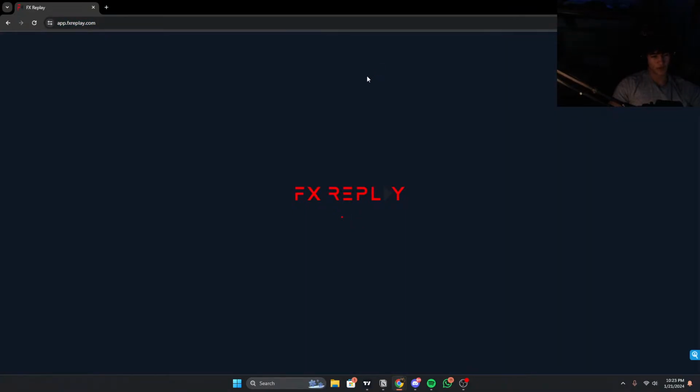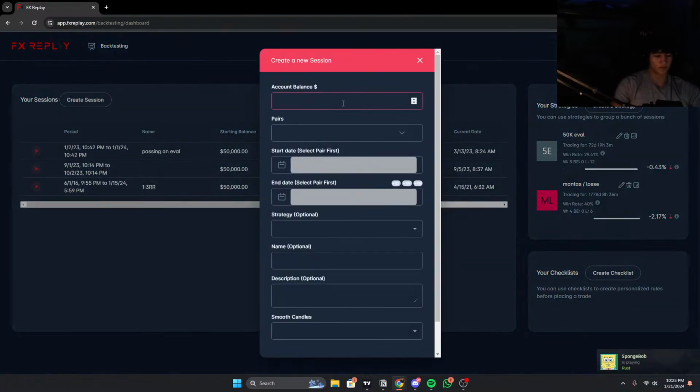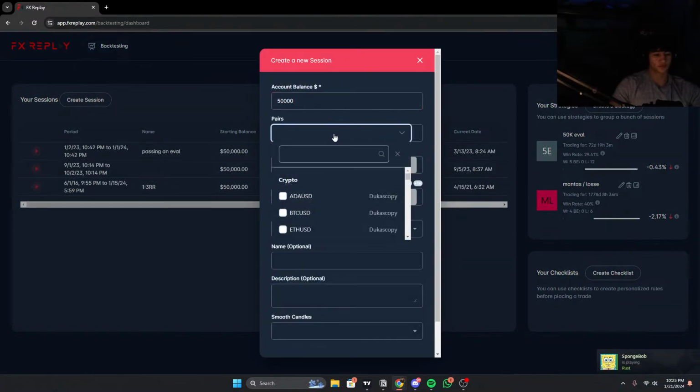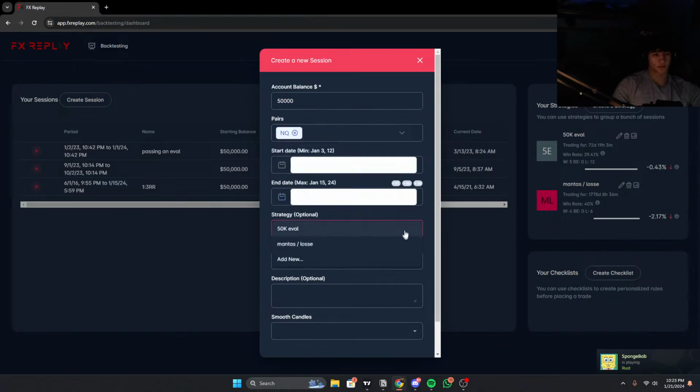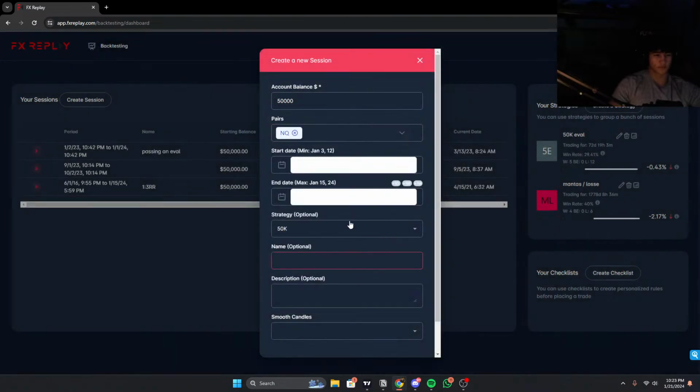Let's hop on FX Replay, get my indicator set up and... Yo, wait, what's up? Yo, man, so I have a question. How do you get that massive candle on your chart? Like if you're looking at a daily range, how do you get that on your TradingView? It's a secret. I'm kidding.